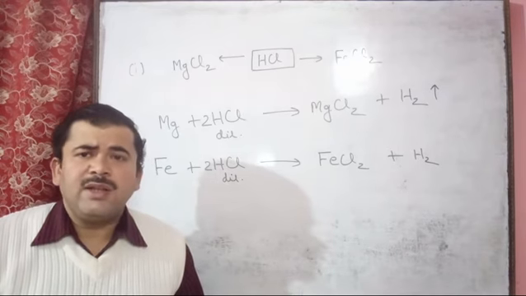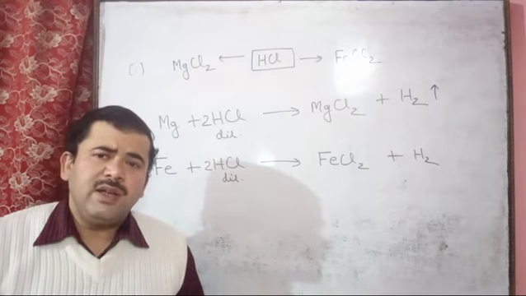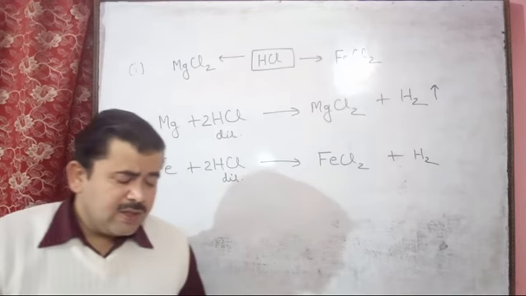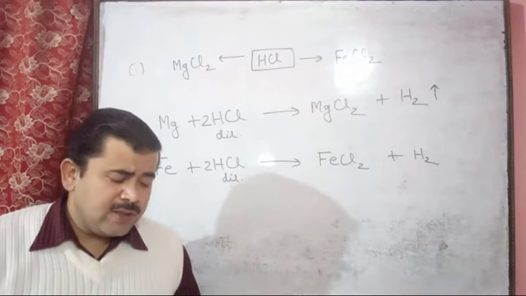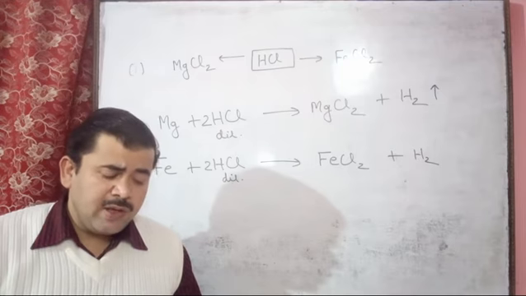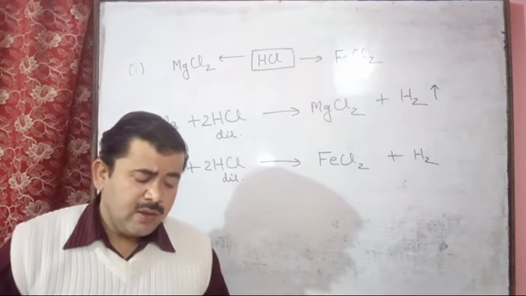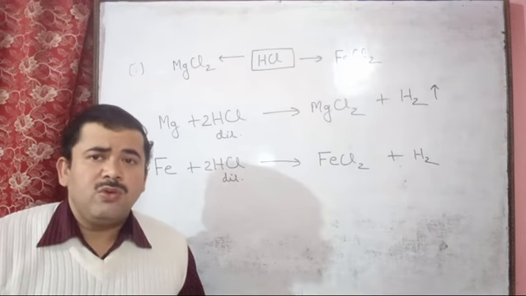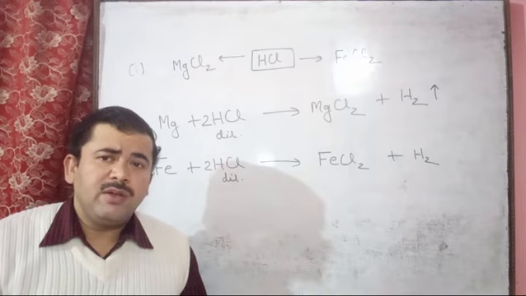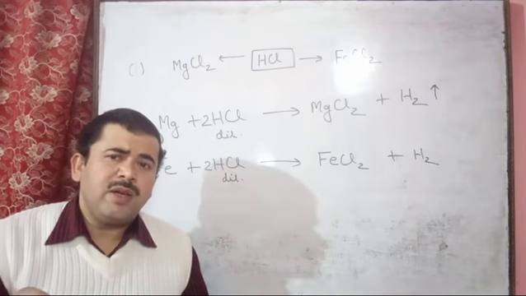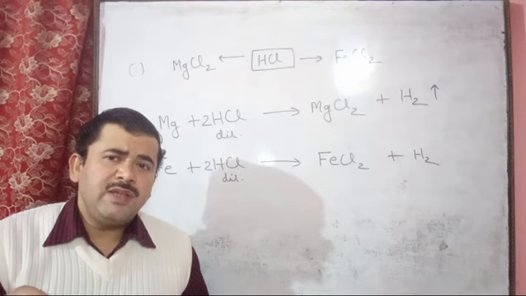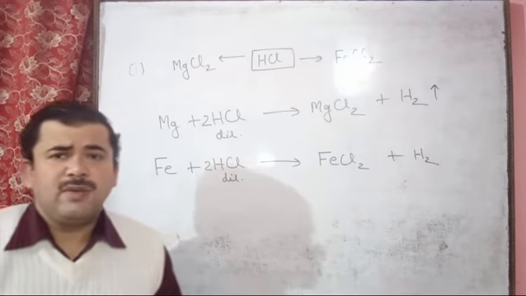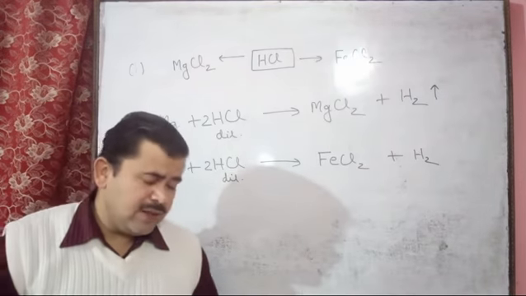This is not taking part in the chemical reaction, it only enhances, meaning catalyzes, the chemical reaction. So this is the reason granulated zinc is preferred to metallic zinc in the preparation of hydrogen using dilute acid. If we take metallic zinc in pure form, the reaction will be slow because no impurity is present. Due to the presence of a little amount of impurity, these impurities help in enhancing and catalyzing the chemical reaction.